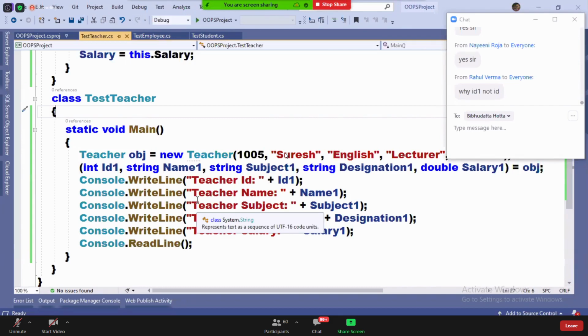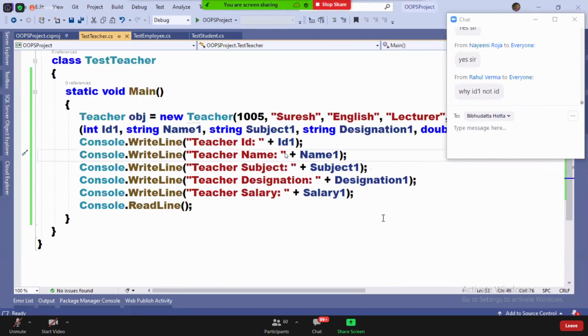This one is only useful when you want to give a read-only access to the appropriate value. Understood my point?